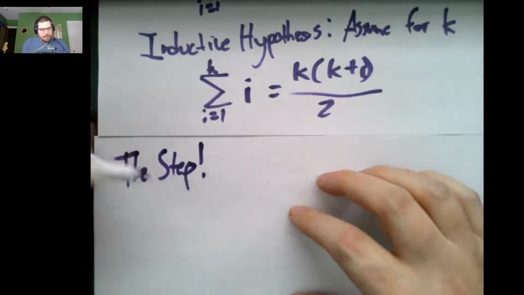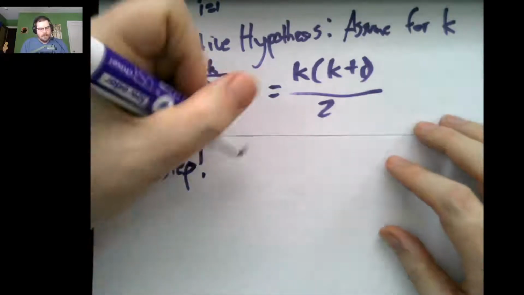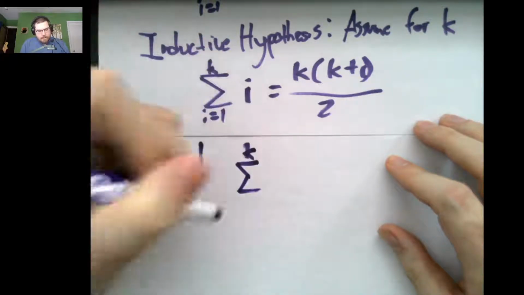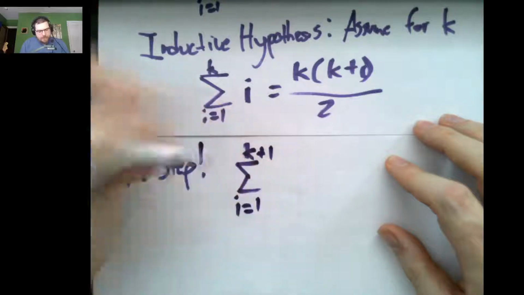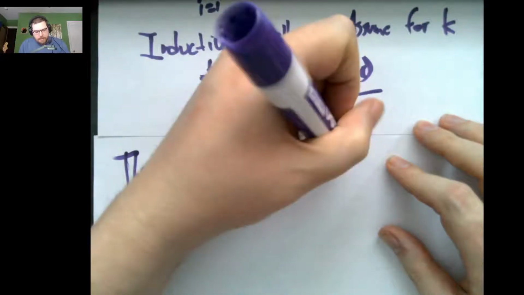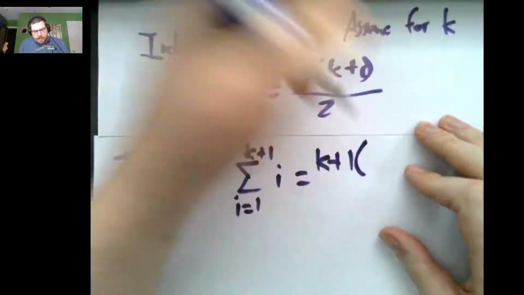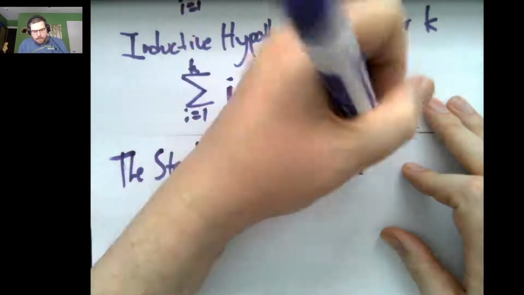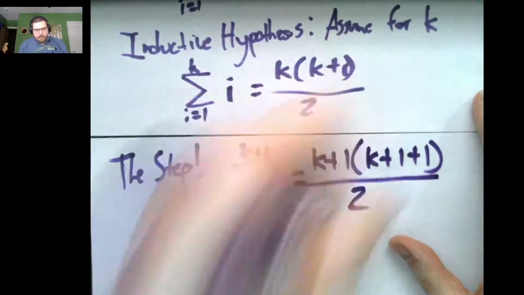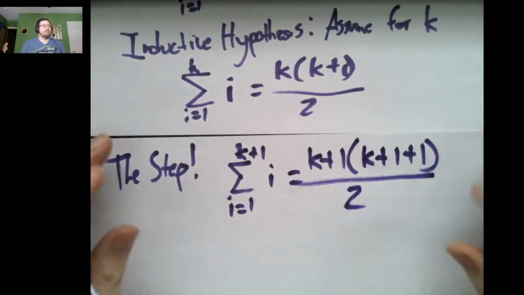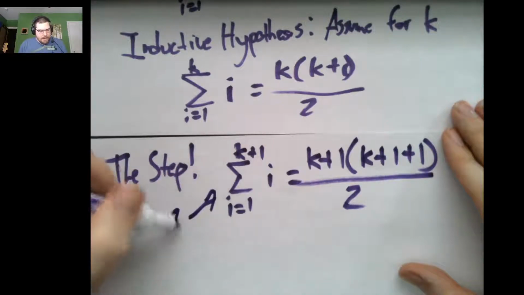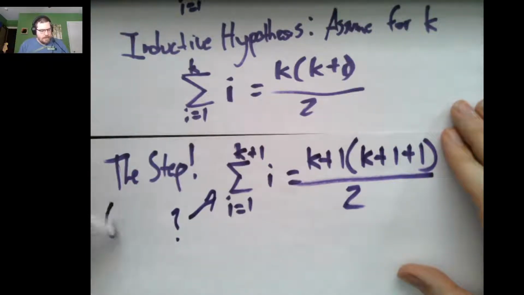Okay, so now we want to prove that the sum from i equals 1 to k plus 1 of i equals k plus 1 times k plus 1 plus 1 over 2. Okay? So that's what we're going to try and prove. So, what do we do? The answer is don't